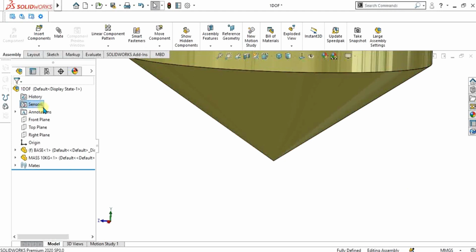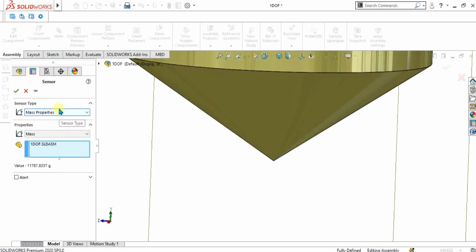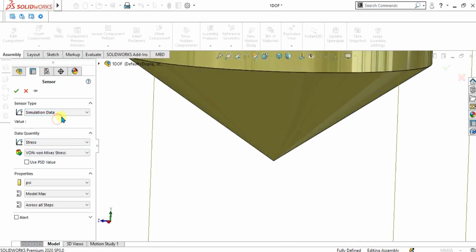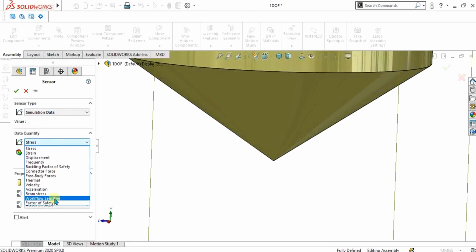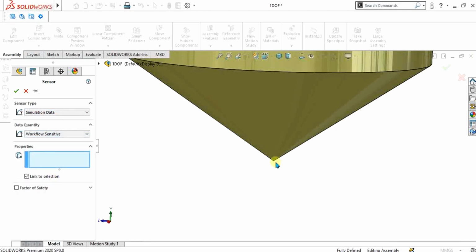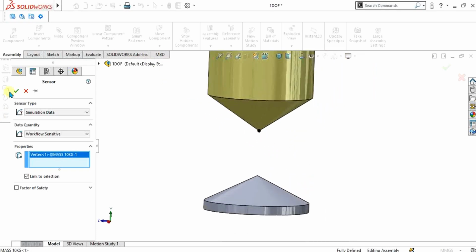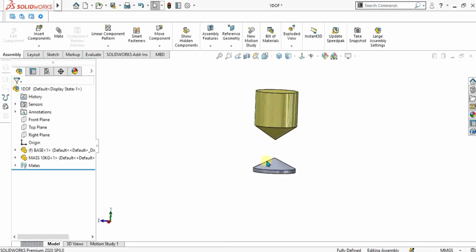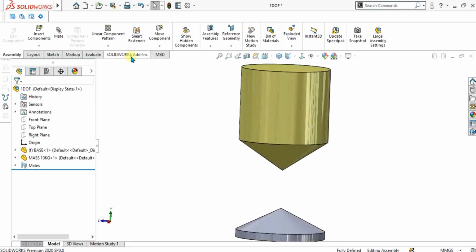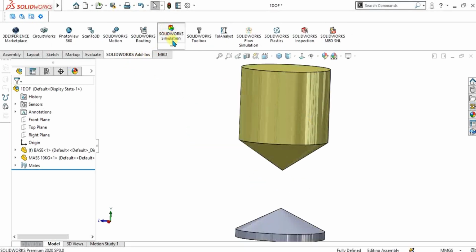For that, go to add sensor and select simulation data from here. Select workflow sensor and select the vertex on which you are going to apply the sensor. Select OK.